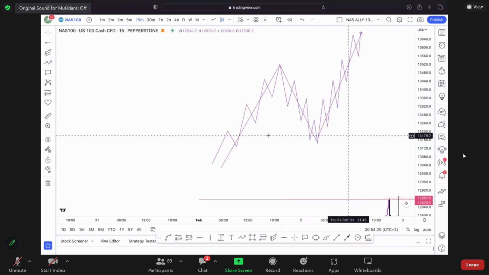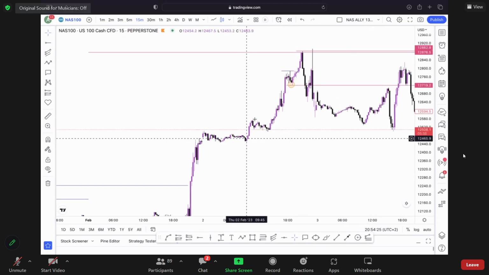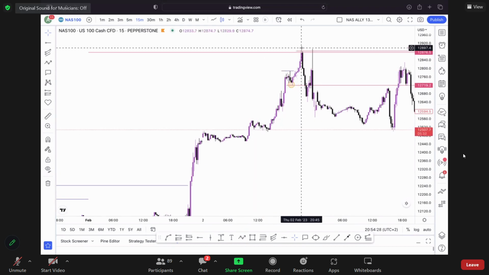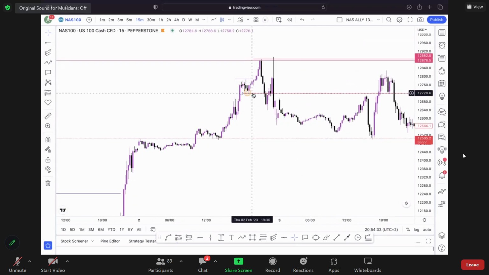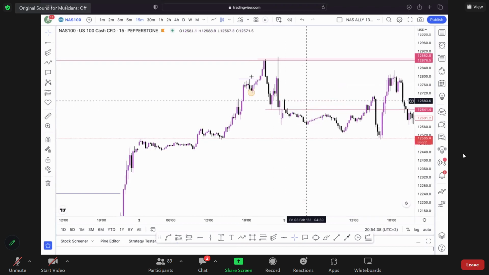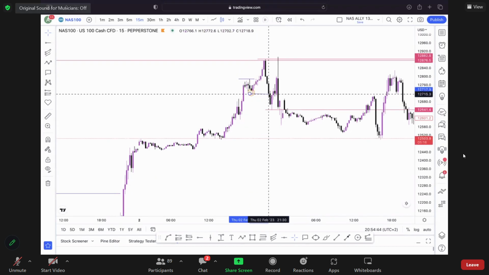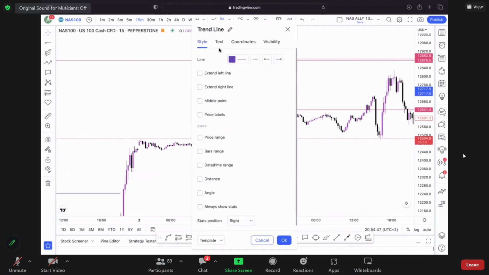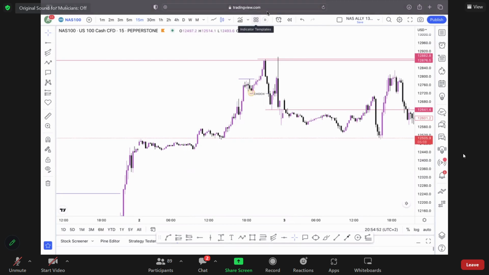Okay, so bearing that in mind, let's have a look at this. Fractally, the market's making higher highs, higher lows, higher highs, higher lows, higher highs. And what happens when the market takes out this low? Change of character, right? Which means the market is changing from bullish to bearish. Marco will get into change of character again next week, so we'll have a little bit of a refresher on that, but I just want to make sure everybody clearly understands it. So now we understand the market is telling us it can potentially start to come down.